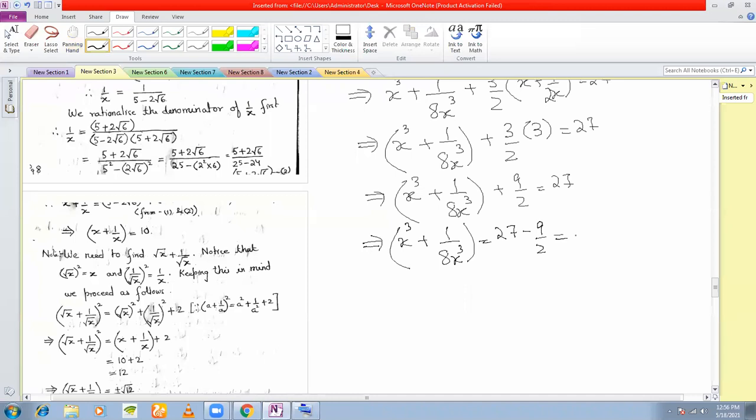Okay, you take the LCM. This is 45, right? So therefore, what is the value we are getting? 45 by 2. If you want to write it as a mixed fraction, better still you leave it as a fraction and write this as 22.5. Fine. Any question till this part?